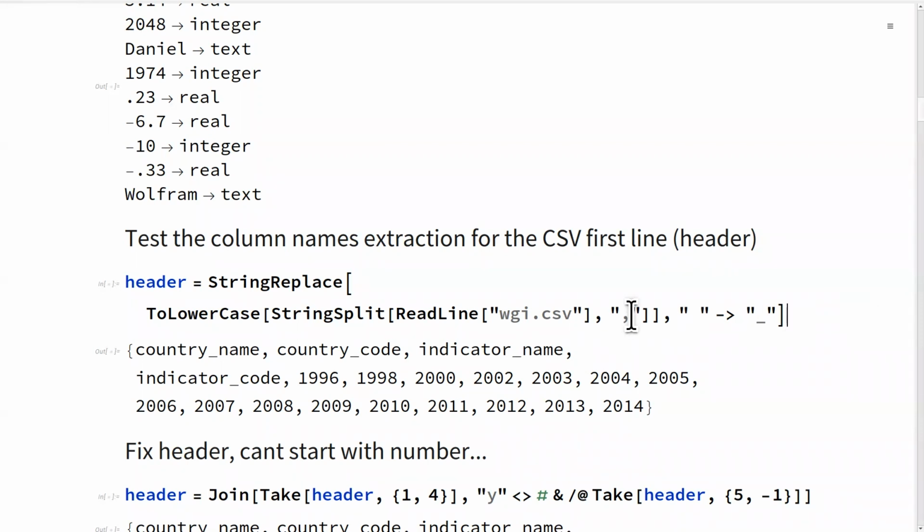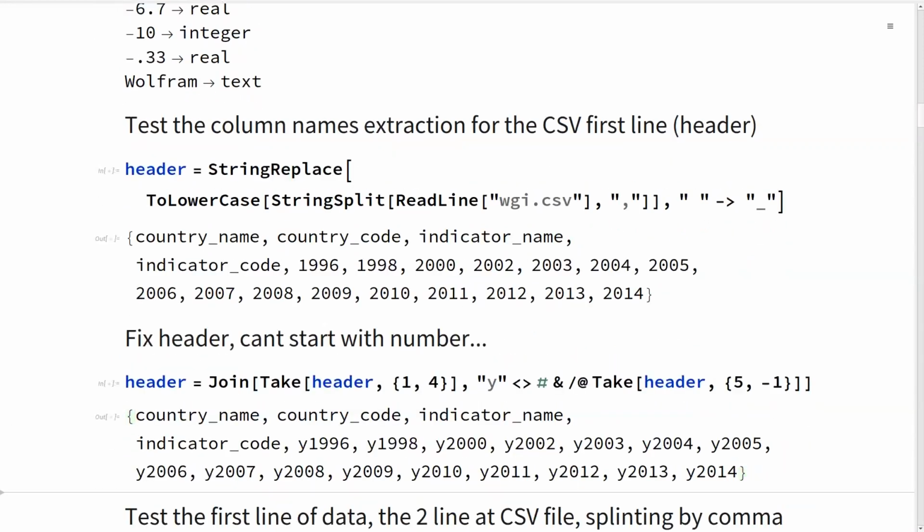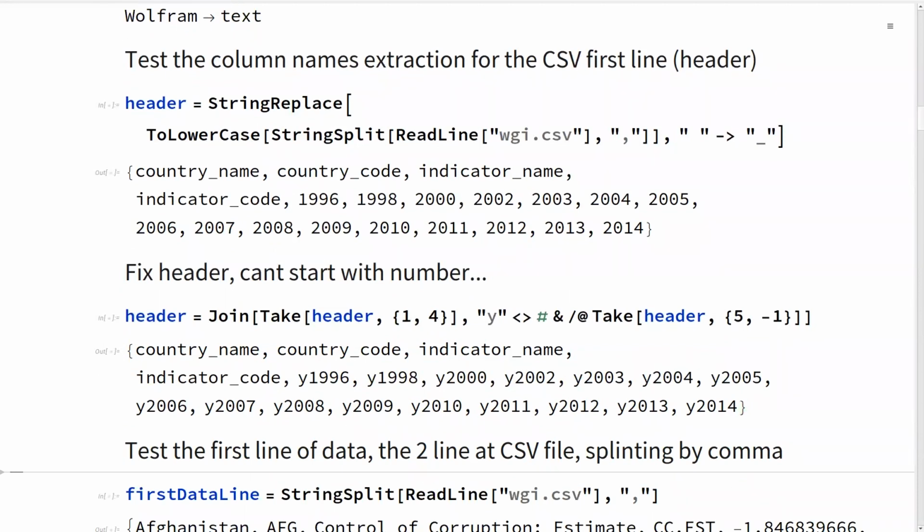And then I read the first line. I do some adjustments here: put everything in lowercase, replace white spaces by underscores, and so on. And there is another issue. I can't create a column name as a number, and there are years as column names for a table.